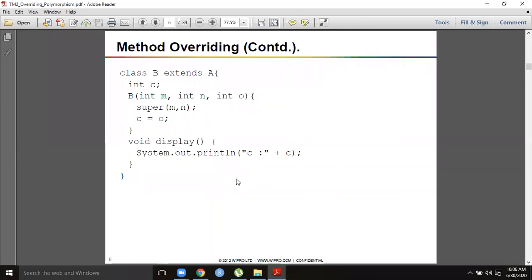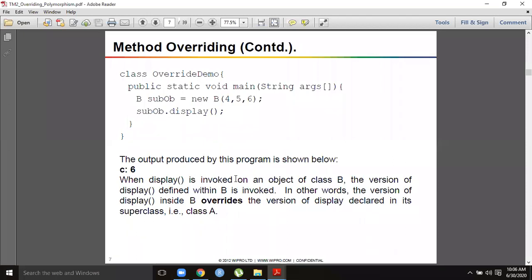Suppose you create an object for class B, for example sub OB, and you invoke sub OB dot display. Which method will be called?